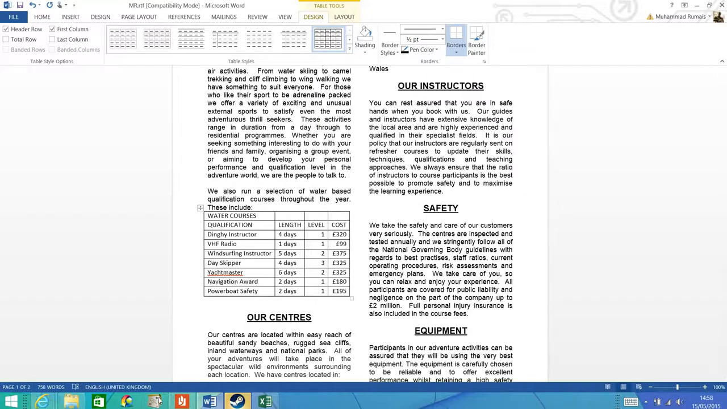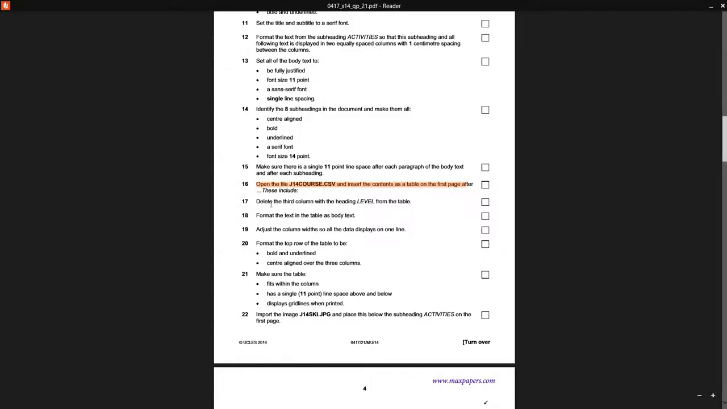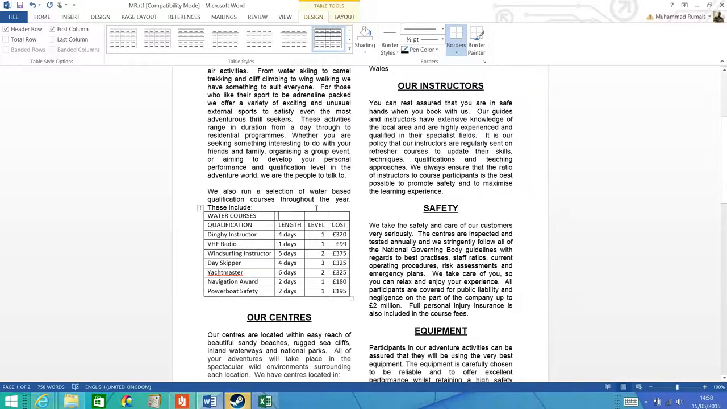Now the next question, it says delete the third column with the heading Level. So delete this one with the heading Level. Just delete this. It will just delete the content, and